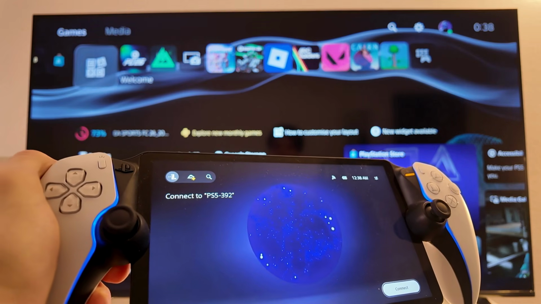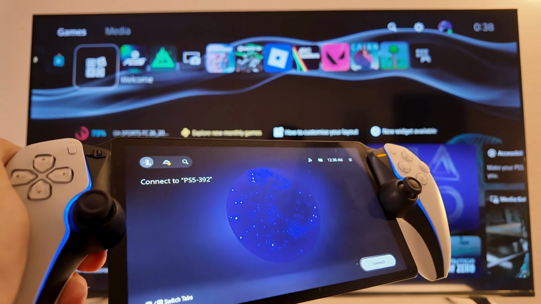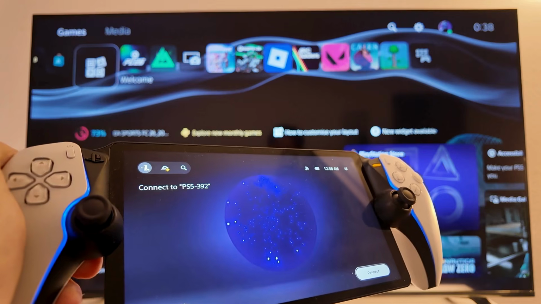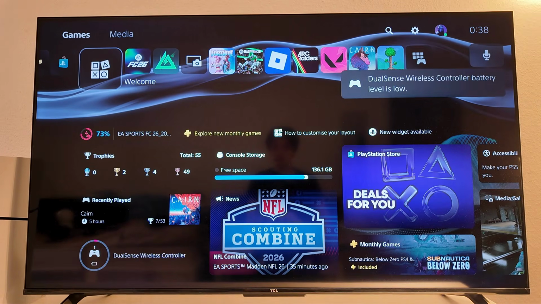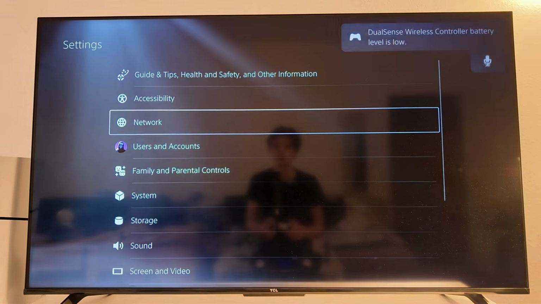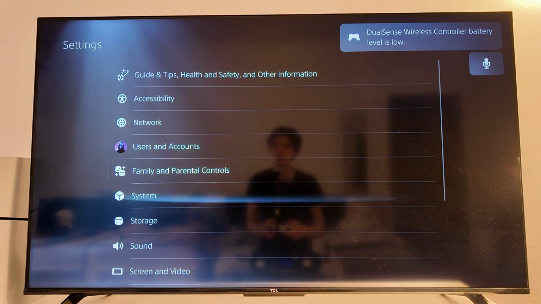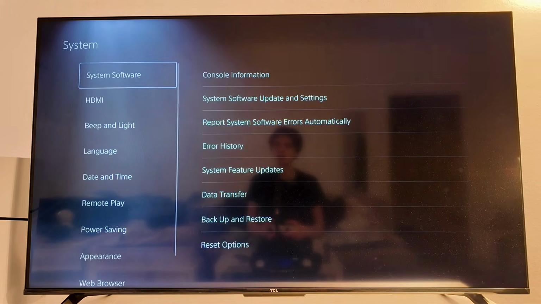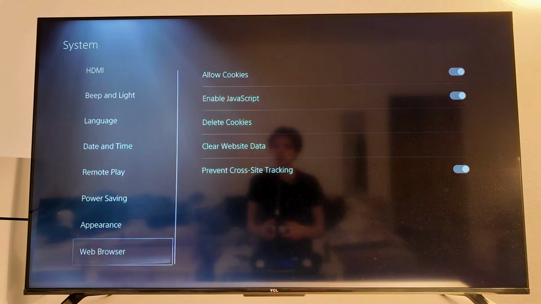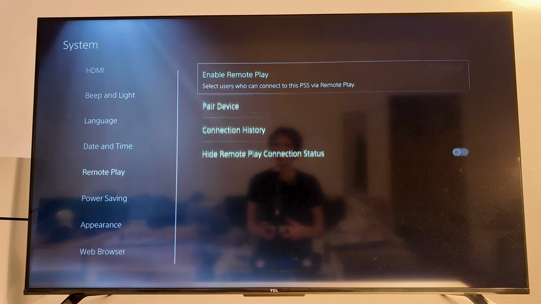In this video, I'm going to show you a step-by-step guide on exactly how to fix your PS Portal not connecting to your PS5. So the first thing we need to do is to go into our PS5 here actually, and then go on settings on your PS5. And then what you need to do in here is to just scroll down until you can see the system settings right here. So click on system settings, then scroll down, and in here we need to click on remote